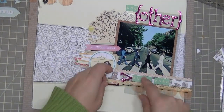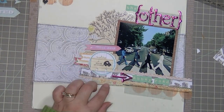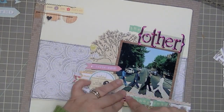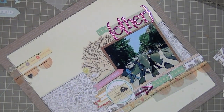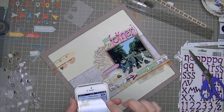I felt like I needed something there to point to the subtitle because it's kind of like the other, and it's not really the subtitle, but it's the second part of the title. So I took a letter V from those stickers and a letter L, and I cut them both to create a little homemade arrow. And that just kind of, because the pink foil is such a strong element on this page, it does two things. It brings your attention down to the Abbey Road words, but also